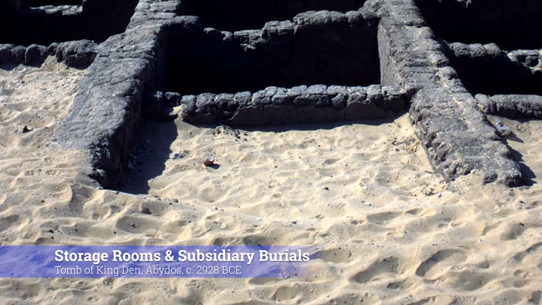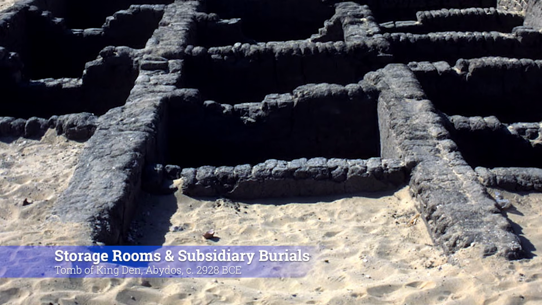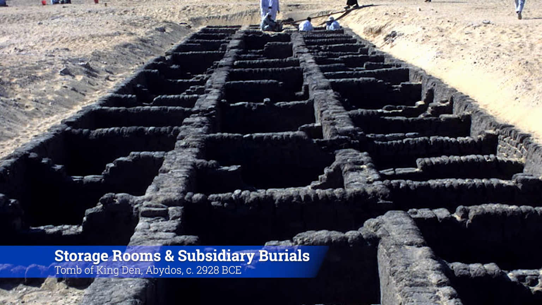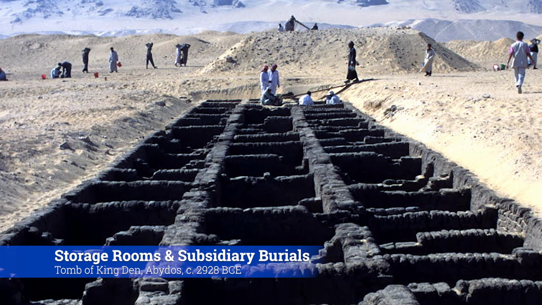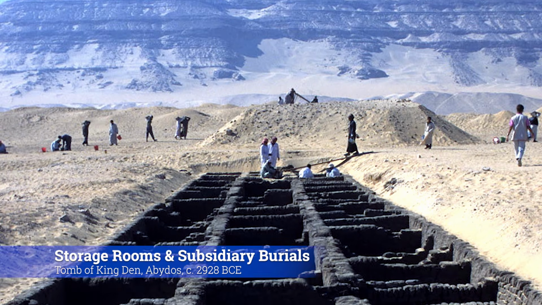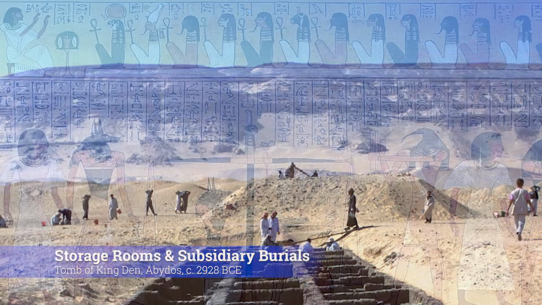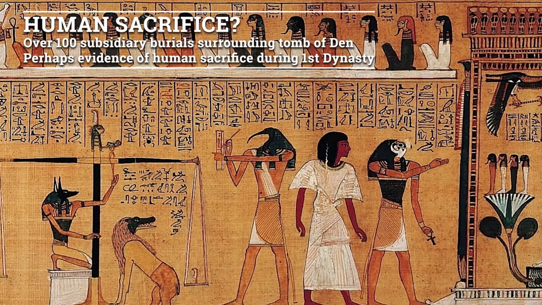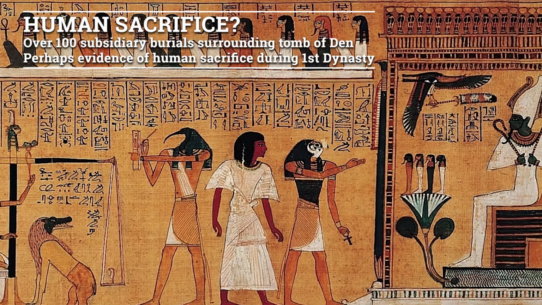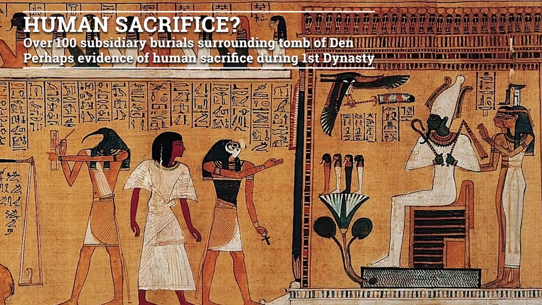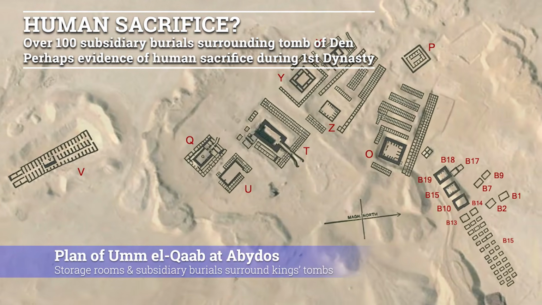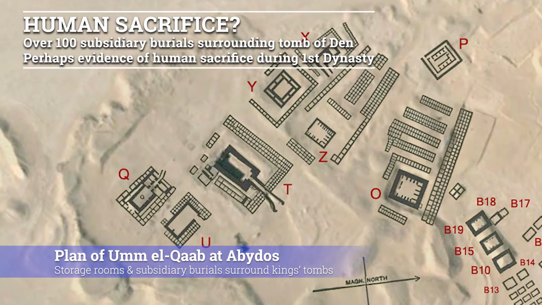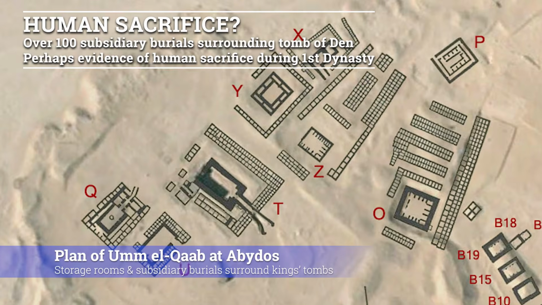More interesting, however, is not the artifacts left behind, but the bodies themselves. There were 136 men and women buried along with King Den, and they appear to have died right when the king did. Moreover, forensic archaeologists have suggested that these individuals were strangled in the prime of their lives. Put all that together, and it looks like the kings of the first dynasty practiced human sacrifice, taking their attendants with them into the afterlife.